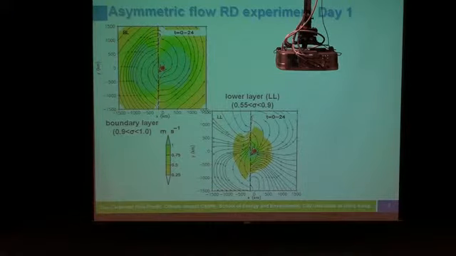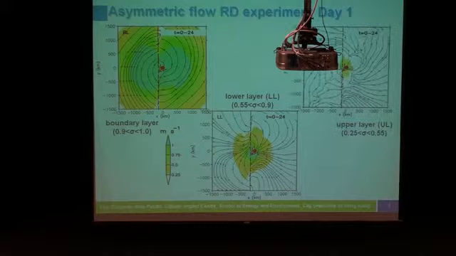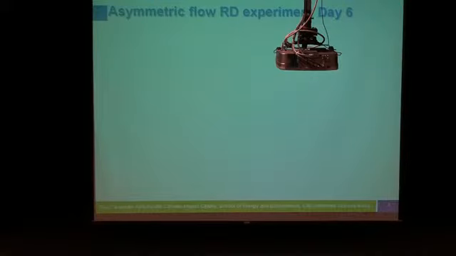But the speed is not very large. It's only less than a meter per second. In the upper level, the flow is very weak, so we won't go too much into that. Then after 6 days, when the vortex has drifted right over land,